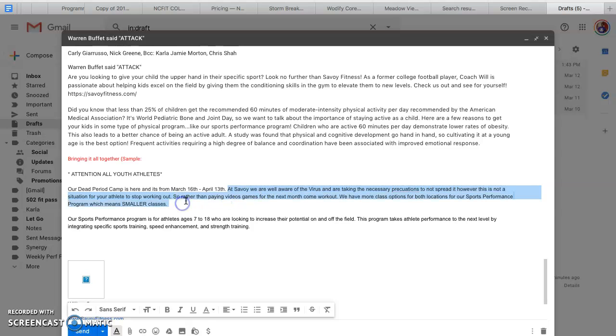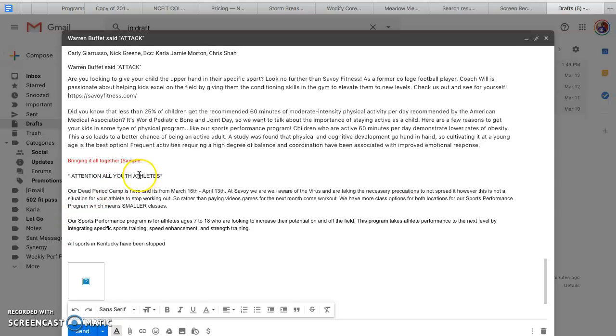You can use it. Off the top of my head, I basically said, so we're all aware about the virus and taking the necessary precautions to not spread. However, it's not a situation where athletes and adults alike need to stop working out. Basically, Carly, you don't know this, but all sports in Kentucky have been stopped. There's a dead period that's going on,